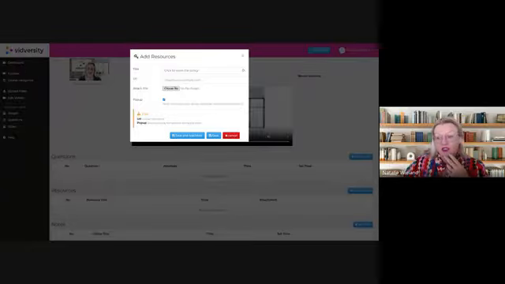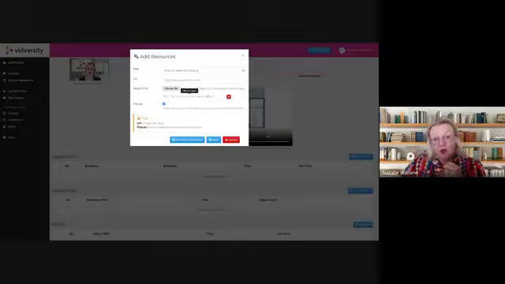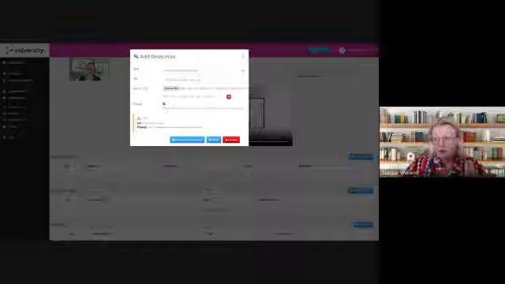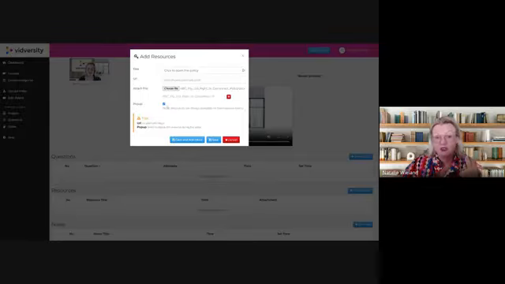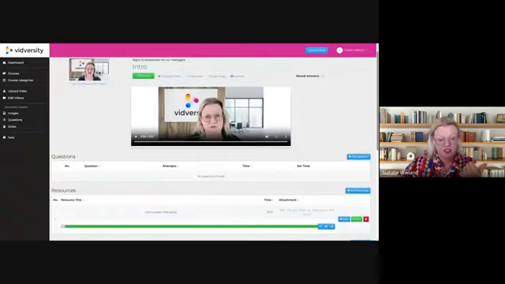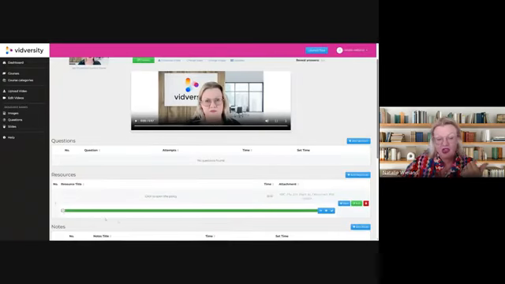It can be a Word document, a PDF, a website, a link to SharePoint, whatever you want. We also have an additional option here. Do you want it to stop the video and pop up on the screen, or do you just want it to be in the resource library? We'll say we want it to pop up on the screen, which gives us a green line across the video. Where would you like this link to pop up? So often I'll say something like, a link is now going to appear for you to see the policy, and then you put the policy there.